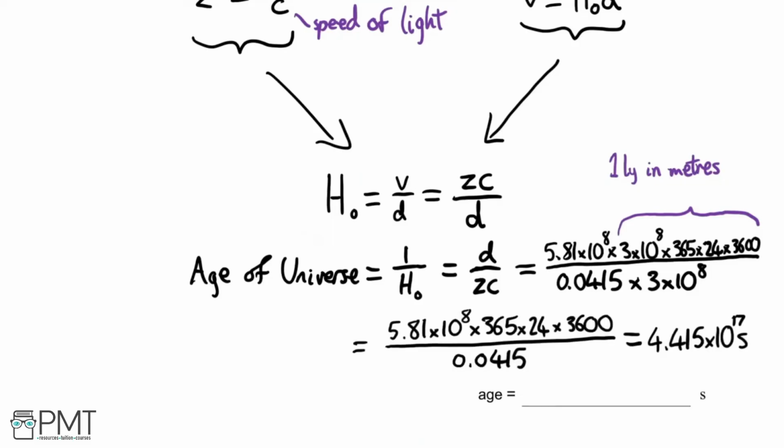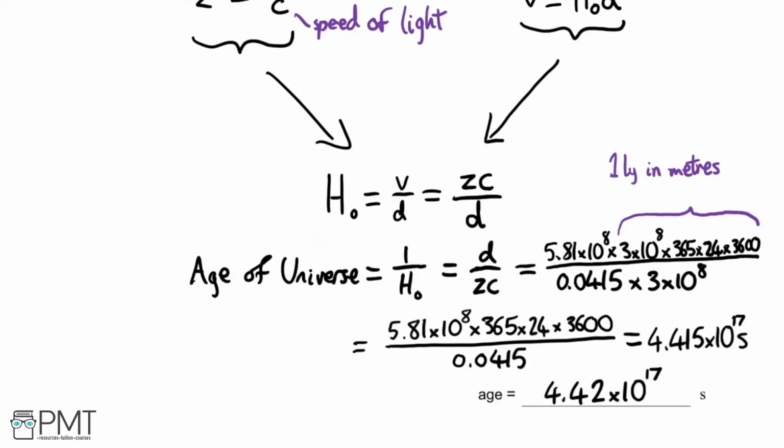So we end up with 4.415 times 10 to the power of 17 seconds, which I'm going to round to 4.42 times 10 to the 17, as the values given to us are to 3 significant figures, and that will be your answer. So in terms of marks for this question, your first mark will be for recognizing that the